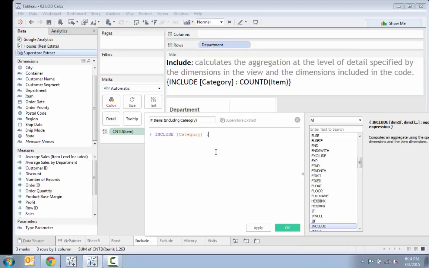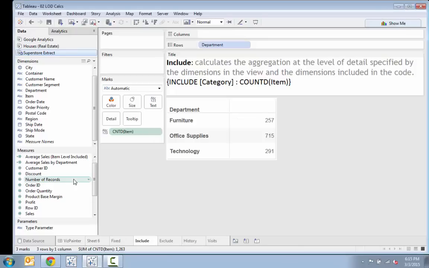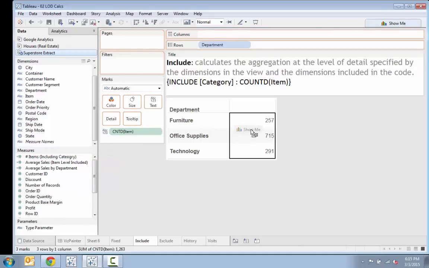I'll hit tab, and we'll do the count distinct of items. So this says even if category is not in the view, let's include that as part of the level of detail and give me the distinct count of items at that level of detail. So I'll say OK, and here's my number of items including category. I'll drag and drop that on here,